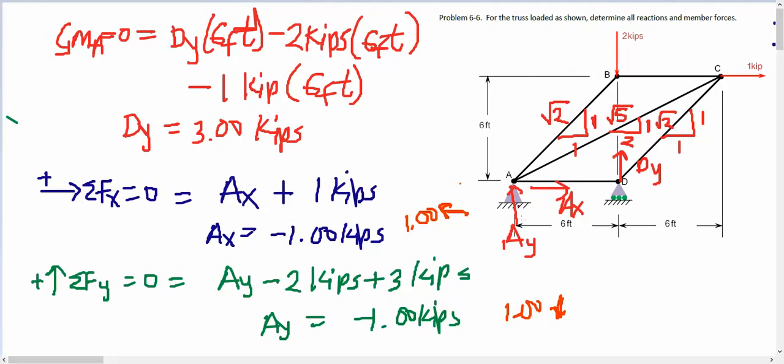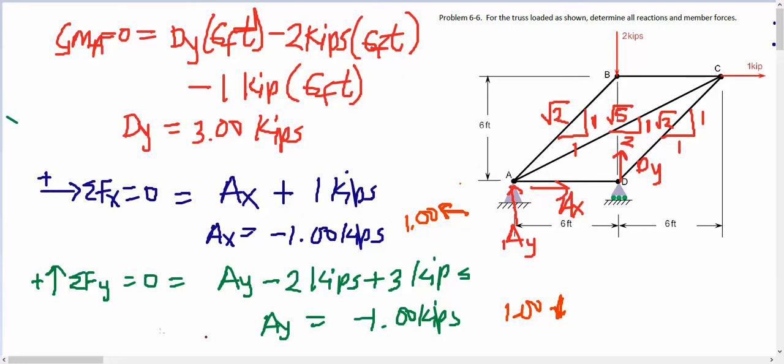So here we have an AX, an AY, a DY, and the slopes of each one of these lines. In order to solve for AX, AY, and DY, since there are two forces at A, we might as well do the moments about A equal to 0. Using that formula, we can find DY as 3 kips. The next step is to use the sum of forces in the x direction. So we have AX going to the right, 1 kip here, and solving for AX gives us -1. The negative sign just tells us the assumed direction was wrong, so